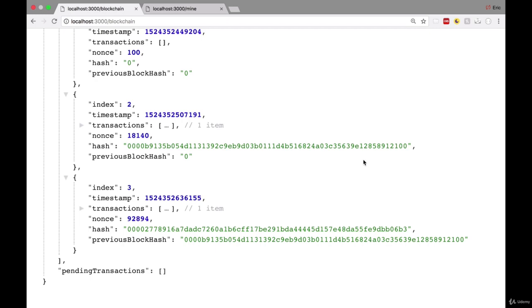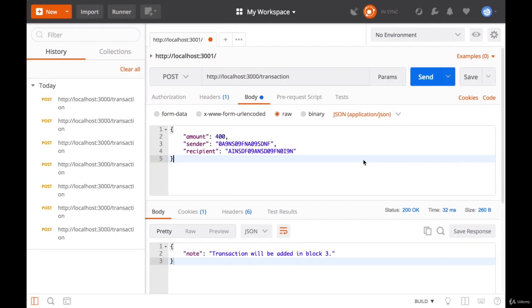Now let's create some transactions with our transaction endpoint. So we'll head over here to Postman, and we want to hit localhost 3000/transaction to create a new transaction. Remember, we want it to be a post request. We want to click this body tab, have the raw option selected, and be in JSON format over here. Now for the request body that we want to send in,